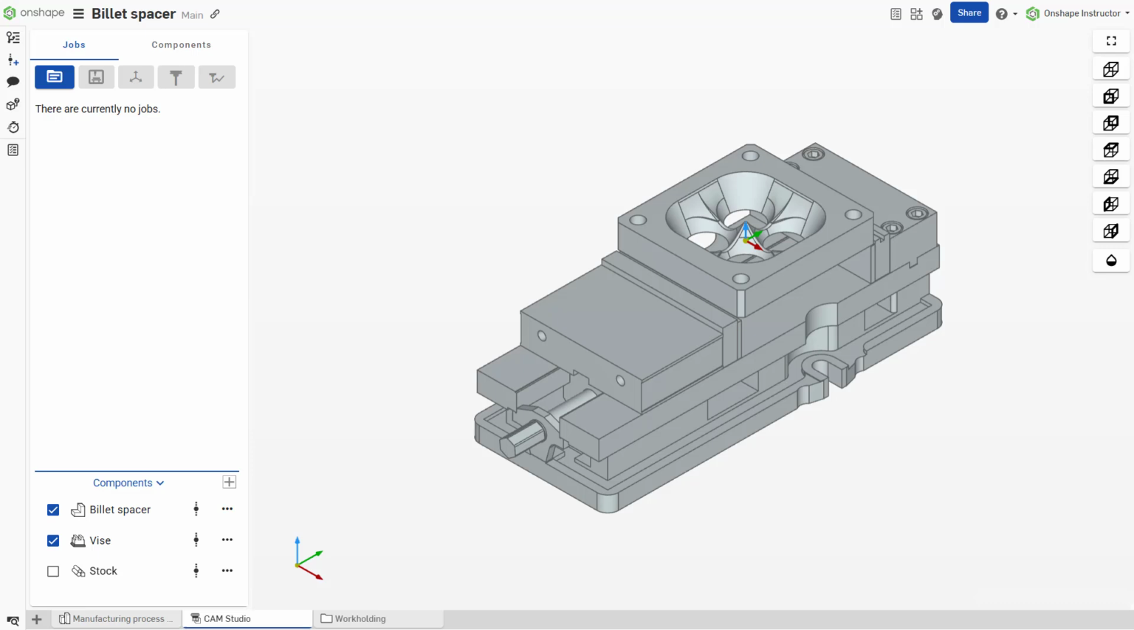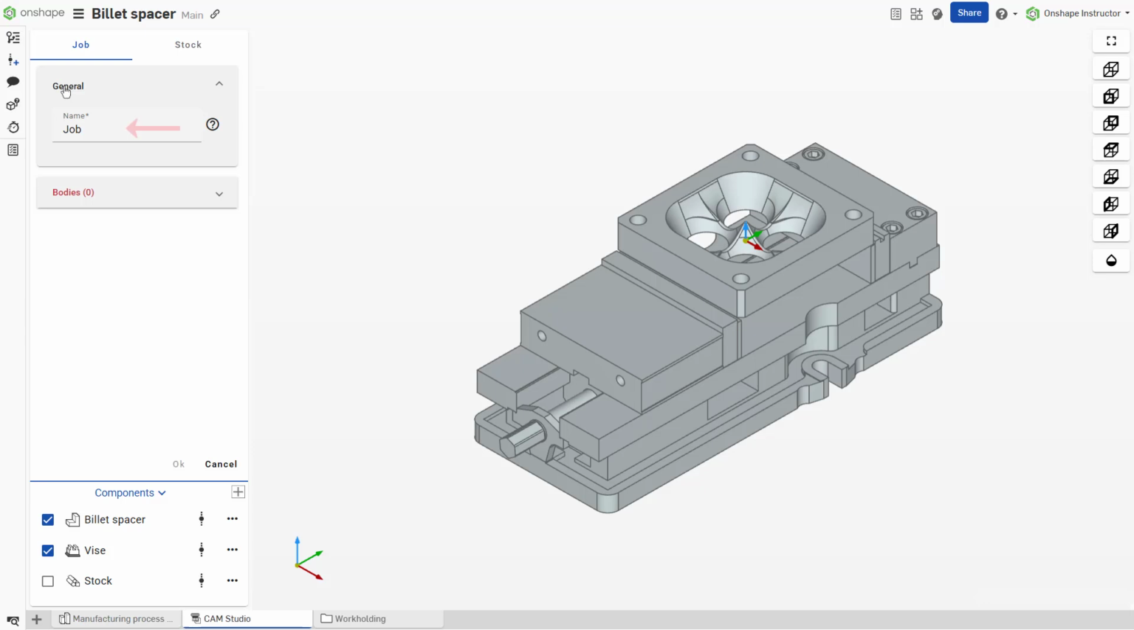Once a component is added, the Jobs tab becomes available next to the Components tab. Icons are organized from left to right by process. Jobs include machining processes such as machining types. Click Create Job. The name field is editable for customization, helpful when more than one job is required for machining